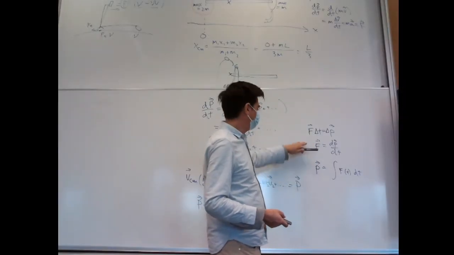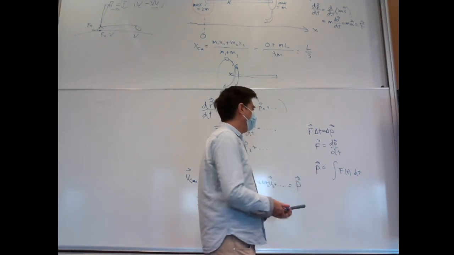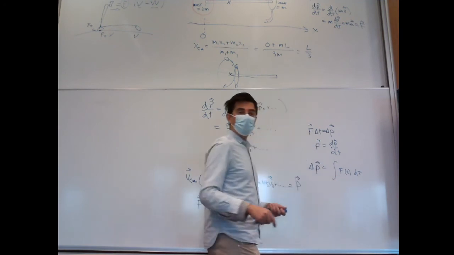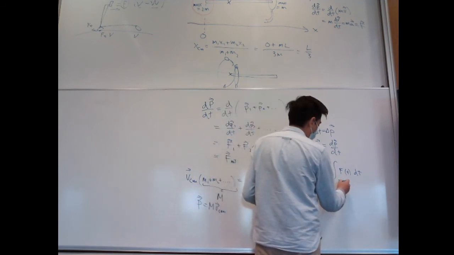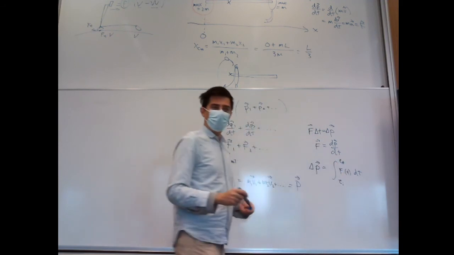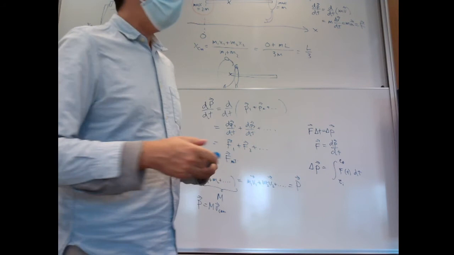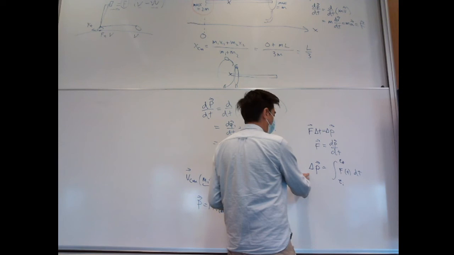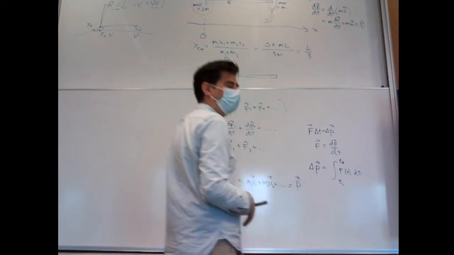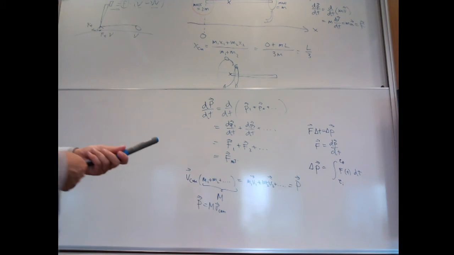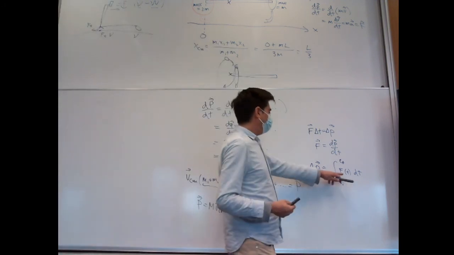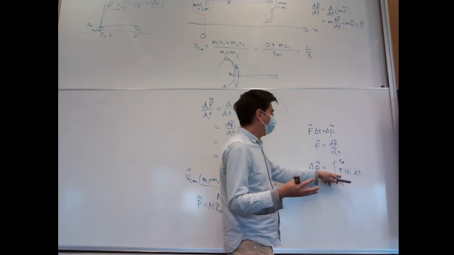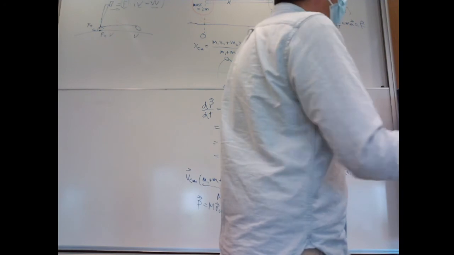So of course I'm going to get a change in momentum, because when you do this integral, you'll have some limits here, right? So you'll have the initial time and the final time. And basically this will give you the change in the momentum, not the momentum itself really, because you don't know what the initial momentum might be. So just to give an example of that,